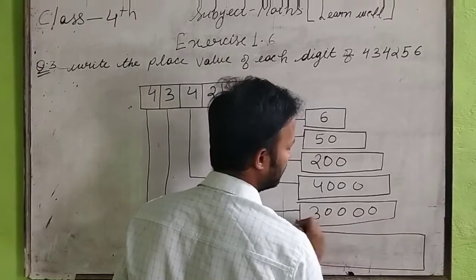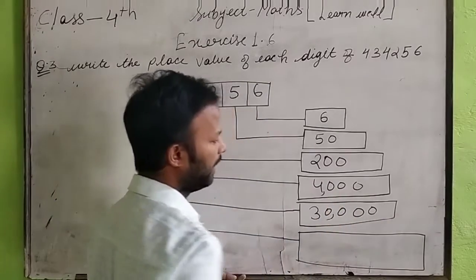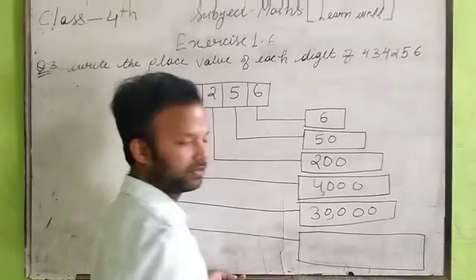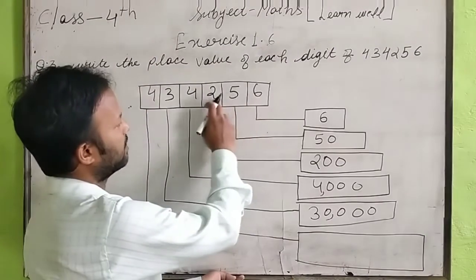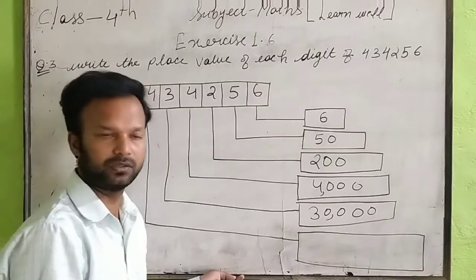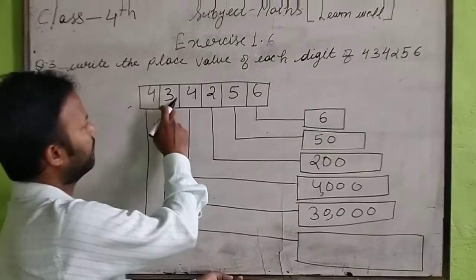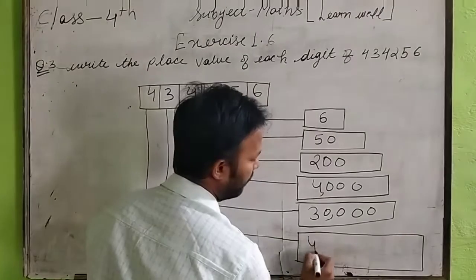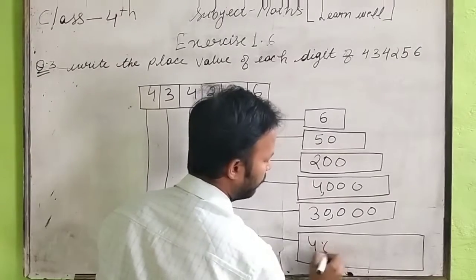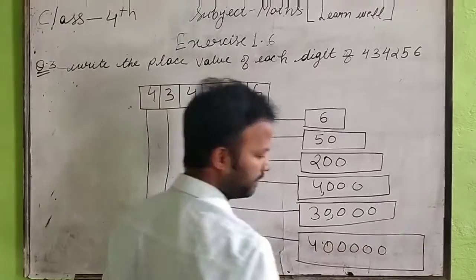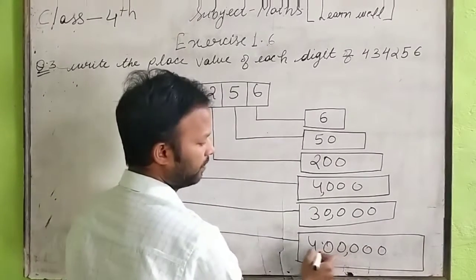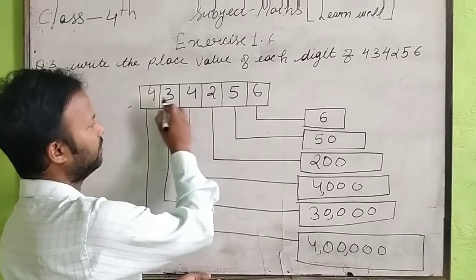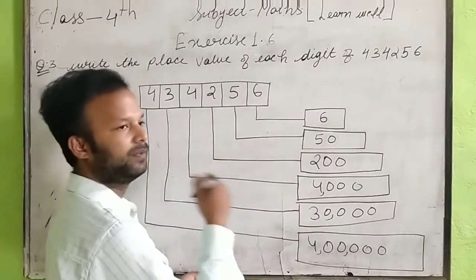How many zeros are there in 10,000? According to that only. Okay. So how many zeros are there in 10,000? 4. So we will place the 4 zeros with 3 because ones, tens, 100, 1000, 10,000. 3 into 10,000, 30,000. Similarly, here we come after 10,000, 100,000. It means 4 into 100,000. It means 4 lakh. How many zeros will come? 5 zeros. 4 lakh. And according to the Indian system also they are placed like this.